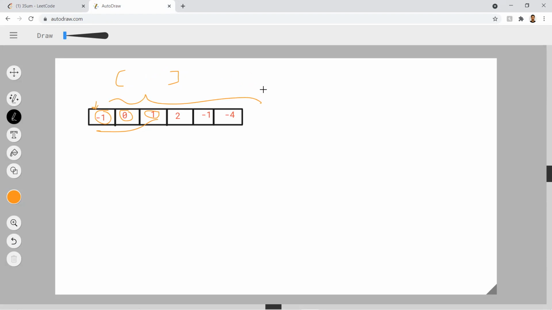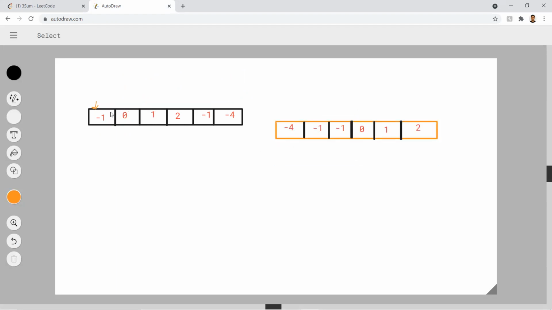So we can try to optimize it a little further. Like, can we do it better? Yes, we can. If we sort this array as -4, -1, -1, 0, 1, 2, the negative or lesser elements will come on the left side and larger elements will come on the right side. So for the summation of these elements to become 0, it will be easy, because the lesser elements have less value and the higher elements have high value. So if we add those elements, the summation can easily be 0.